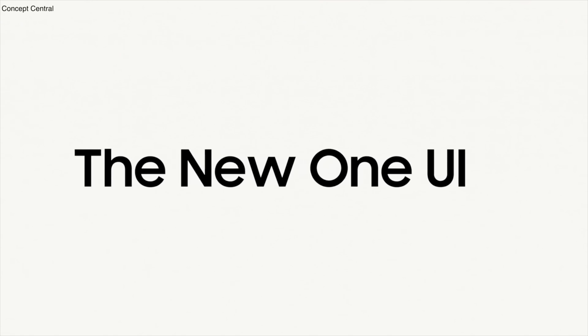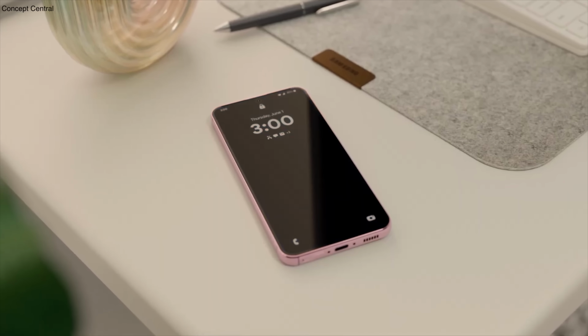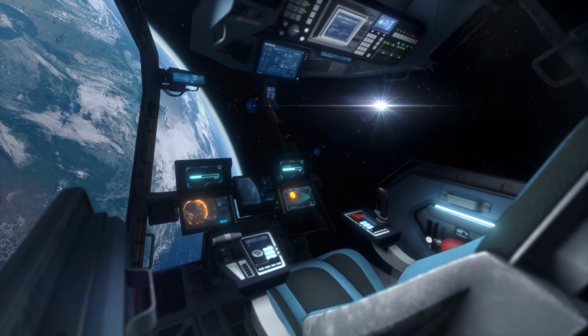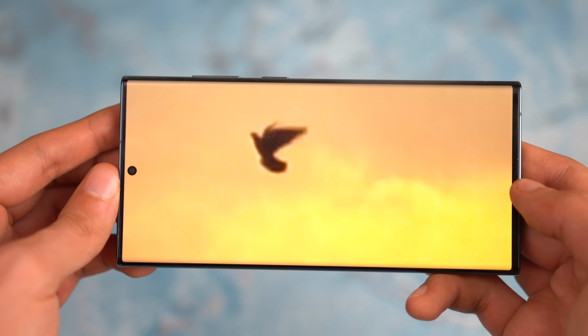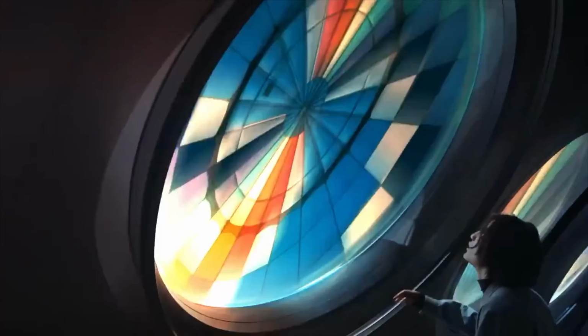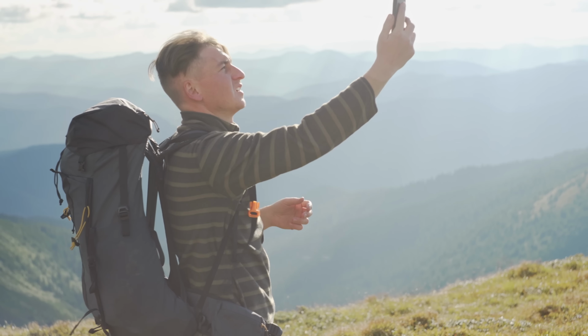The wait is finally over. One UI 6.0, based on Android 14, is almost here and is finally coming with the one life-saving feature we all need on our Galaxy flagships. In 2023, every smartphone should be able to save your life in areas where you don't have connectivity using the